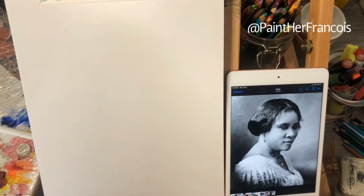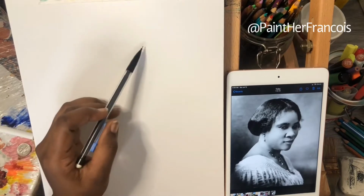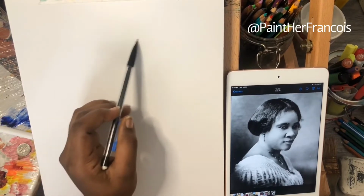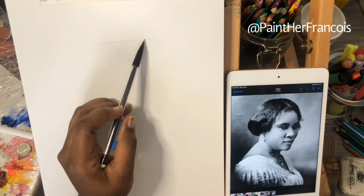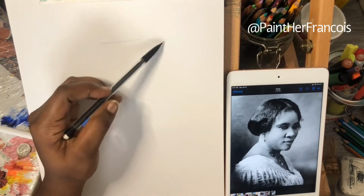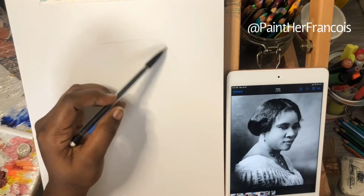Alright guys, welcome back. You guys are about to watch me practice improving my drawing skills. Last time I sketched Nina Simone. This time I am doing Madam C.J. Walker. So I'm going to show you all the mistakes I'm making, and the whole point of this is to